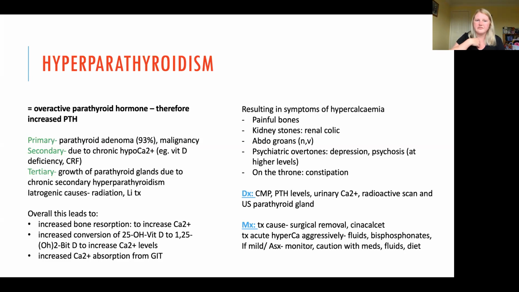Obviously if we have an overactive parathyroid, we can see this becoming a problem, and we need to treat that hypercalcemia if it does occur. The management is briefly outlined there, but it's less important for a red condition. More importantly, thinking about the causes, hyperparathyroidism can be an adenoma of the parathyroid. When we have chronic hypocalcemia, such as in vitamin D deficiency or chronic renal failure, where we fail to activate vitamin D,